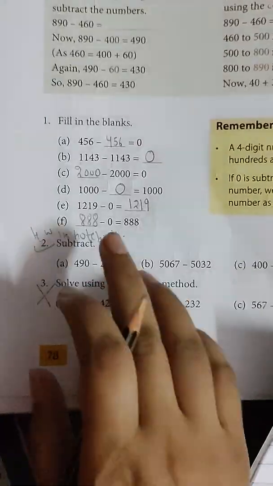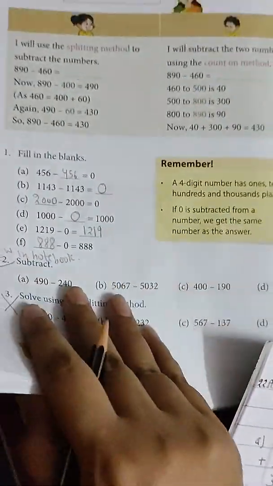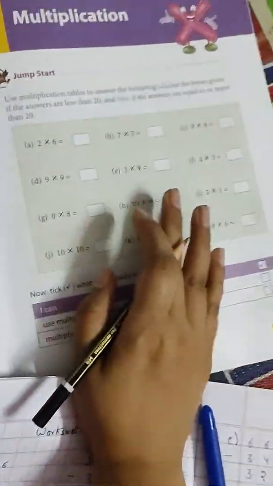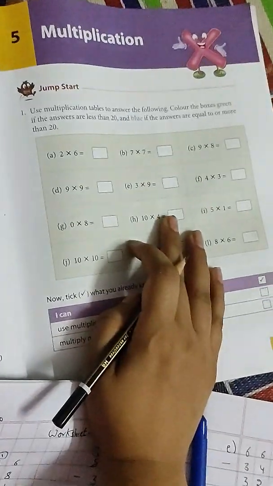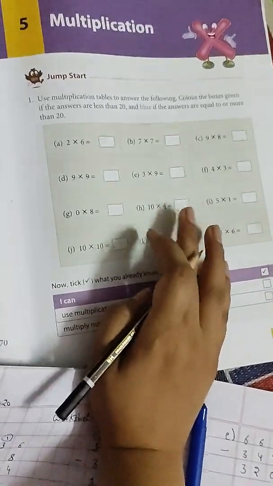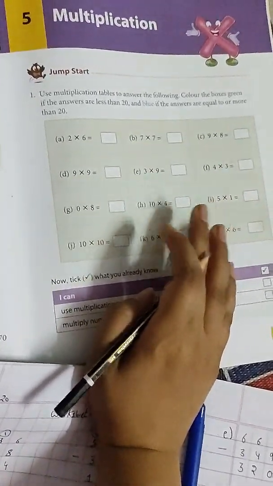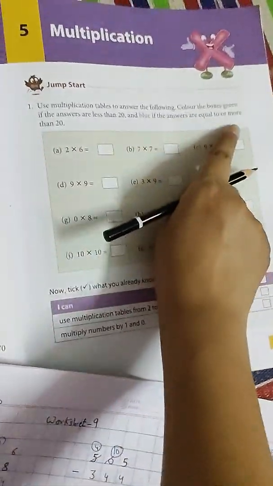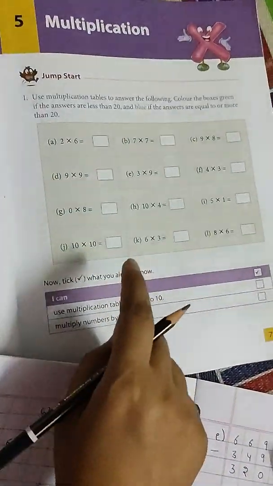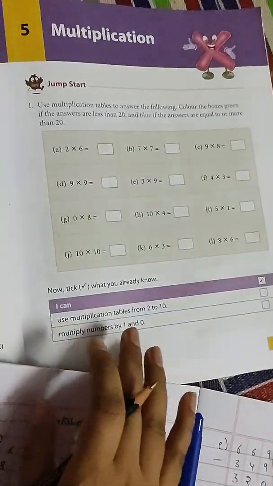There is one homework that I have given you to do it in the notebook, and I have told you to learn 1 to 12 table, so that we can start multiplication table. 1 to 12 table you have to learn it. Tomorrow you will be having class, so you should better prepare yourself. Keep green and blue pencil with you, so that you can do your work.